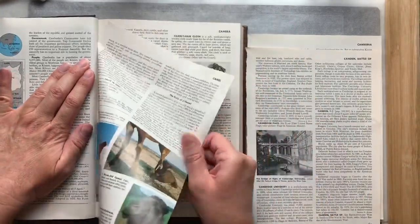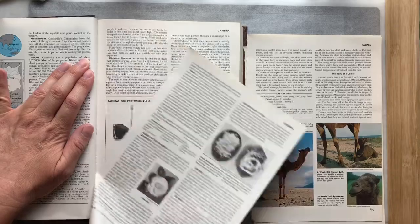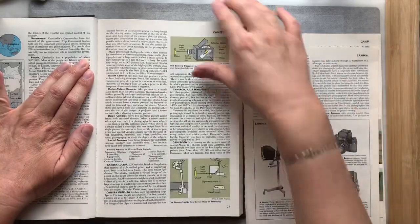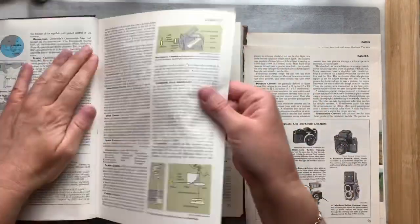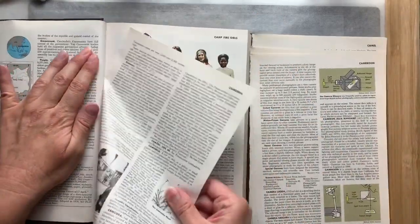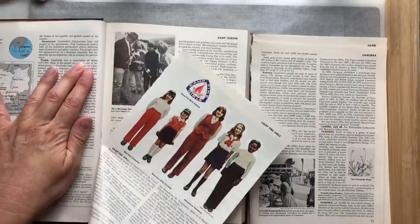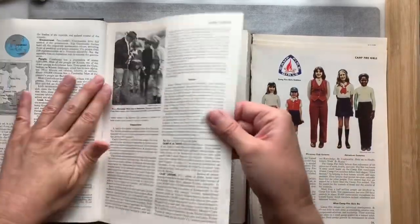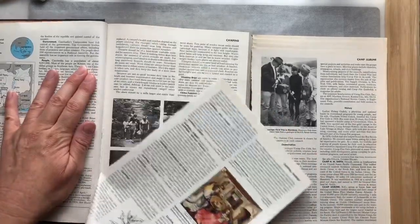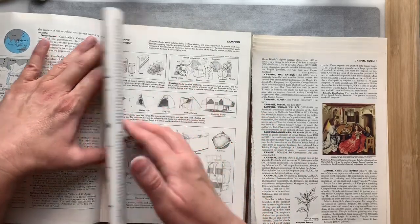Two, 3, 4, 5, 6, 7, 8, 9, 10, and I think I would like to make this,